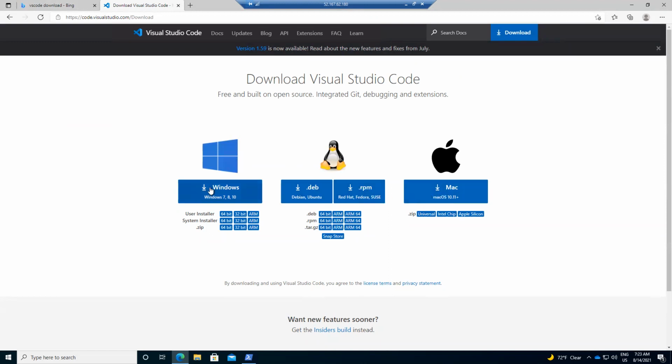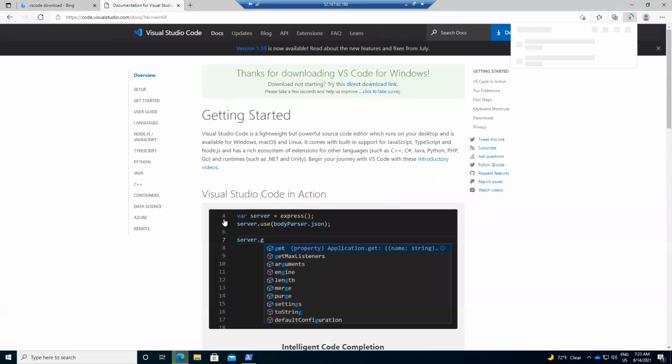So click on this, and here we have two options: system based installer, user based installer. Select the system based 64-bit installer. It will start the download, and click on open file.